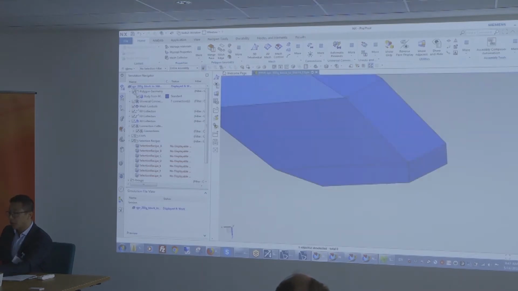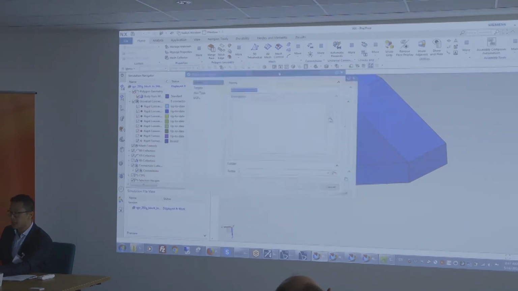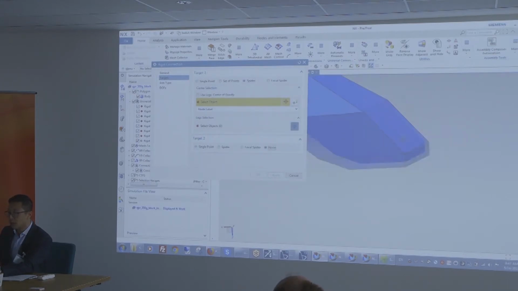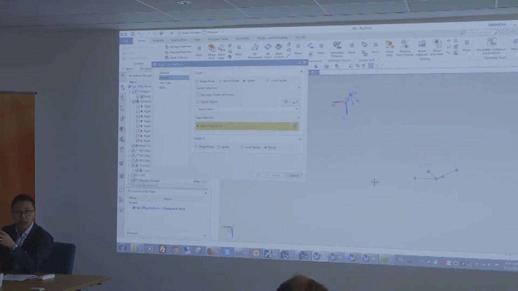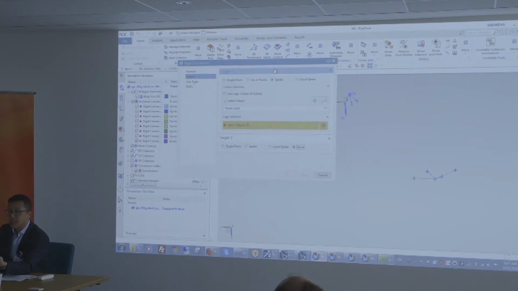But what we can create afterward is what we call universal connections. Universal connections are a functional way of creating connections without even having a mesh. When we do bolted connections, we typically pick a point that's going to be my master, or the center of my bolt. Then we project spiders as rigid elements to the surrounding model to simulate or mimic that connection. But because the mesh is not created yet, it's just there.